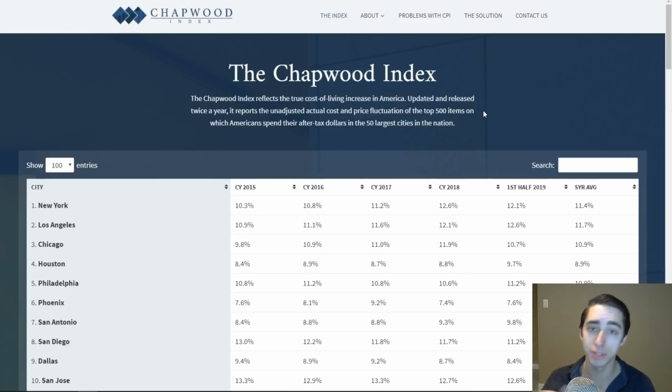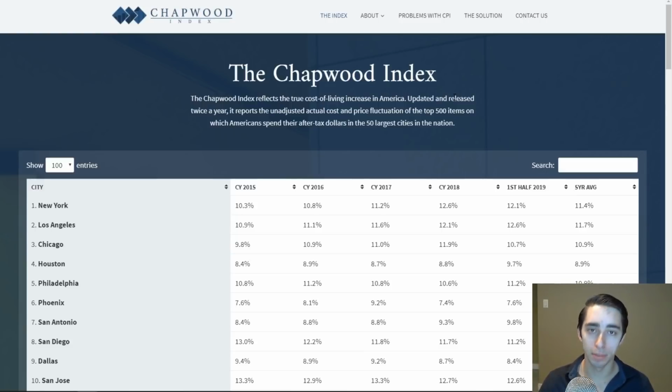I think you all feel this. When you go to the store and you see the prices of meats or everyday goods that you're buying going up, it surely doesn't feel like 2%. Sometimes it feels like you're just getting by. And even if you're getting a pay raise over the last year or two, it's barely keeping up with expenses. Because it's not just the CPI in this case, it's really the Chaplet Index. The Chaplet Index is showing us the real cost, where on an annual basis, we can see prices rise anywhere from 10 to 11% between your rent, your insurance, your mortgages, your cost for goods and services that you're buying every single day.